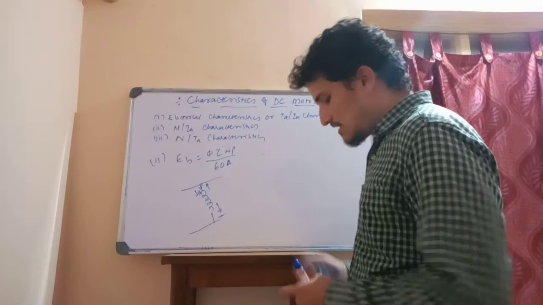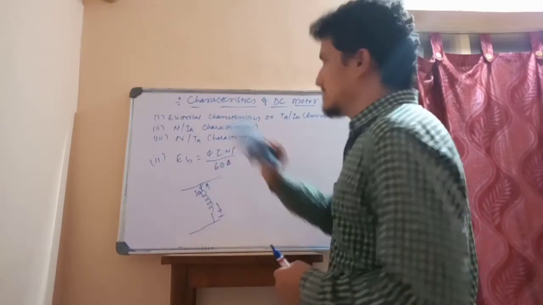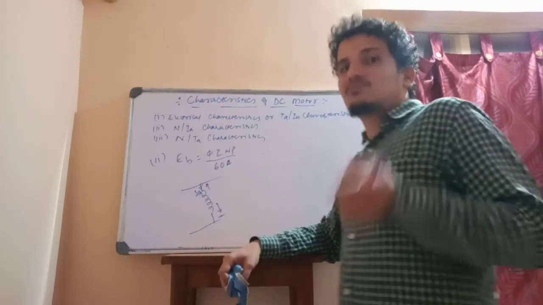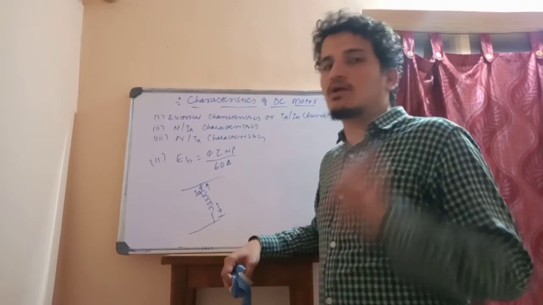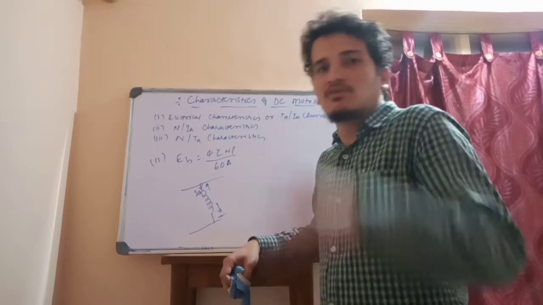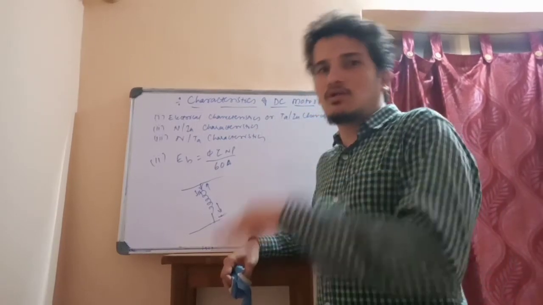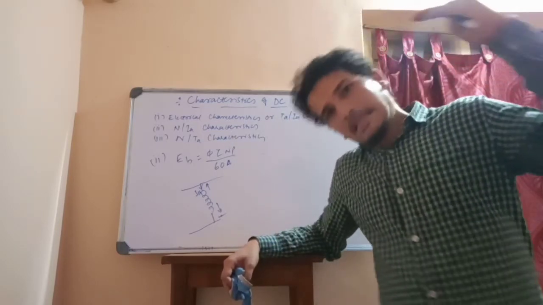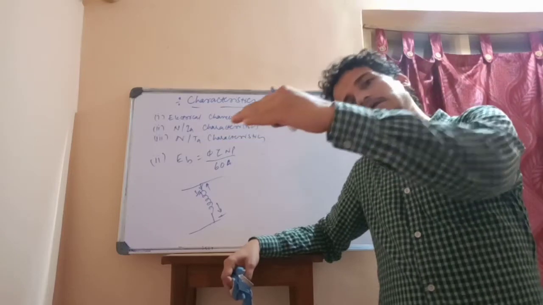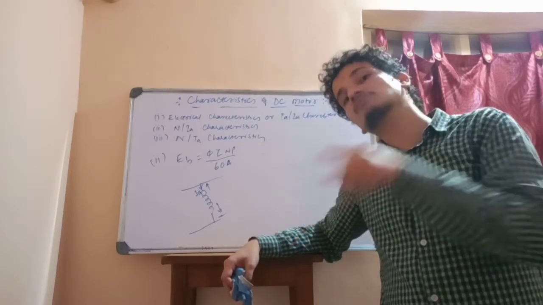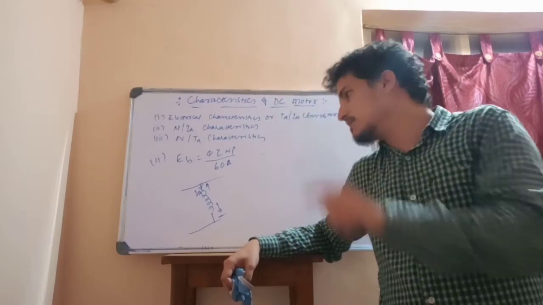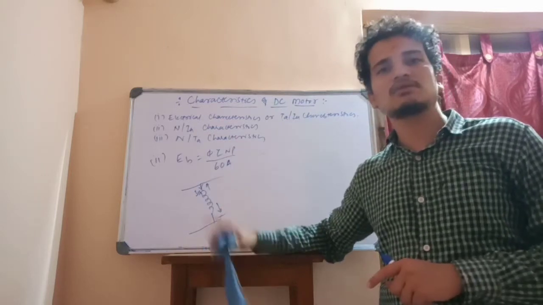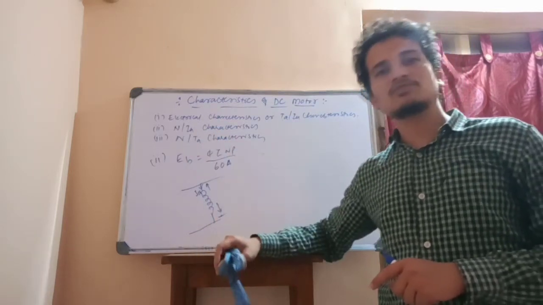So flux is a constant term for a shunt motor, but it is not the same case in the series motor. In the series motor it will change according to the load. As the load changes, the flux changes, because the line current, series current and armature current, all three are the same. They are in series, that's why. But in this case the shunt current remains the same, because of which the flux remains the same.